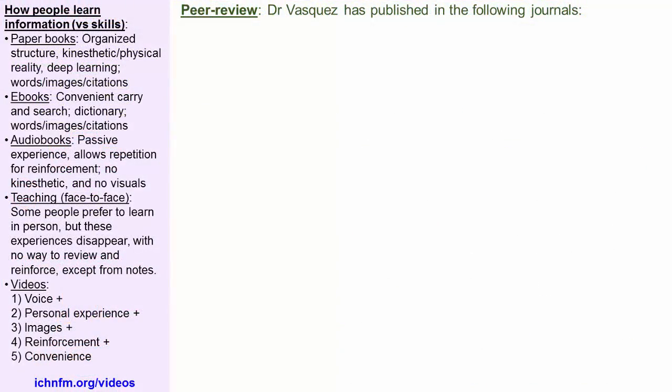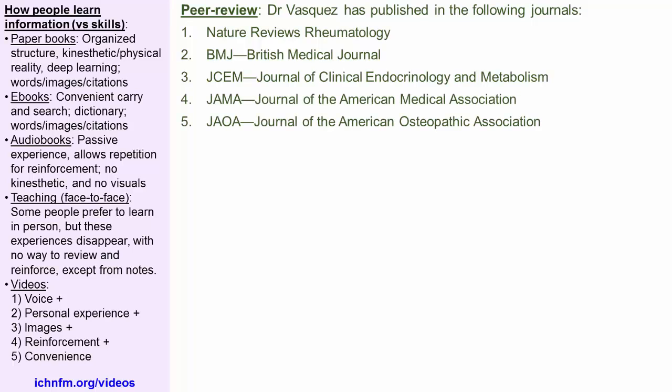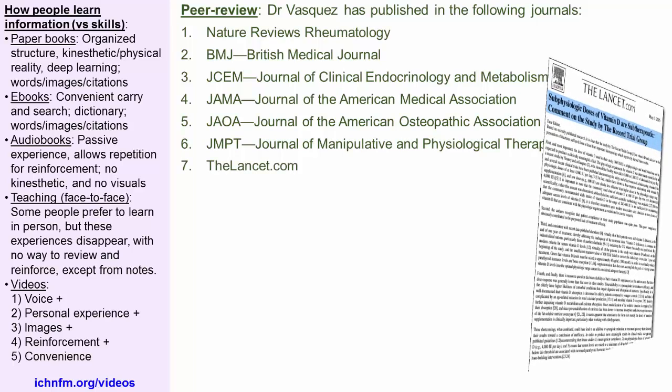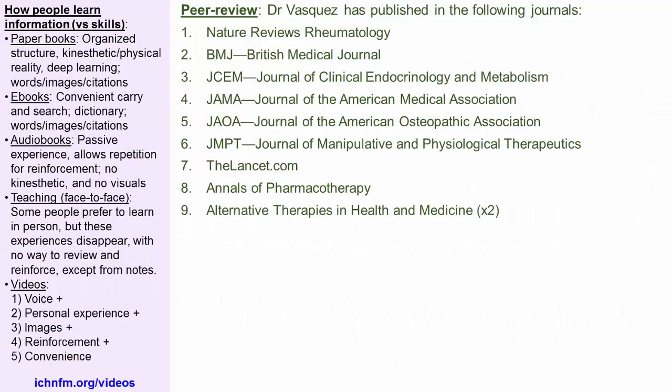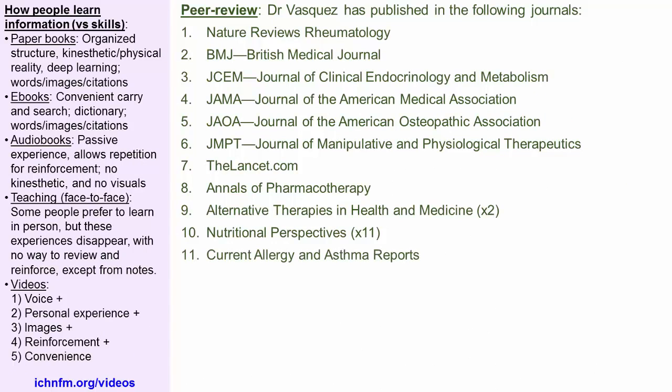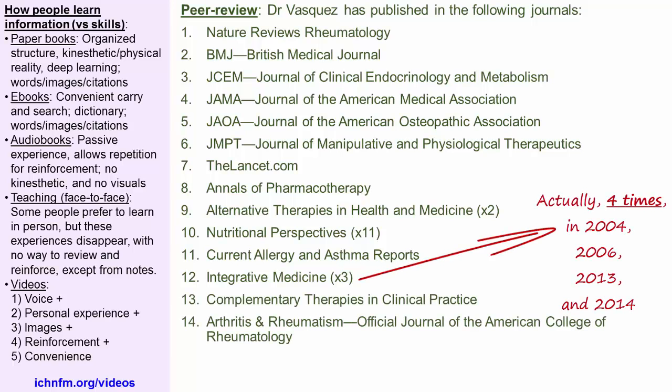Of course, the work itself is based on peer-reviewed research, and I've also published some excerpts and reviews from the book in the following peer-reviewed medical journals, including Nature Reviews Rheumatology, British Medical Journal, Journal of Clinical Endocrinology and Metabolism, Journal of the American Medical Association, Journal of the American Osteopathic Association, Journal of Manipulative and Physiological Therapeutics. I had one letter published at thelancet.com, also Annals of Pharmacotherapy, Alternative Therapies in Health and Medicine twice, Nutritional Perspectives 11 times, Current Allergy and Asthma Reports, Integrative Medicine 3 times, Complementary Therapies in Clinical Practice,